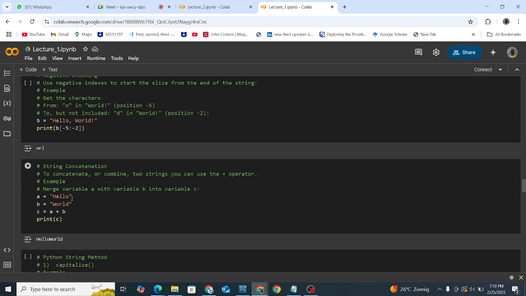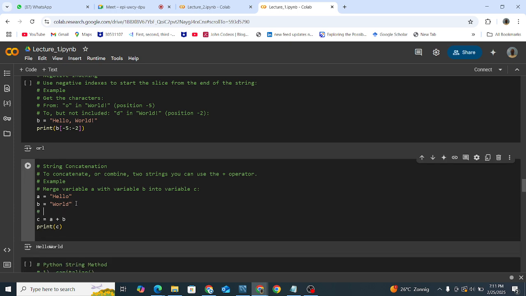So let's say maybe we have two words here. The first word we assign to a variable a, which is hello, and then we have a second word which is world. We are assigning it to variable b, and then to do concatenation,